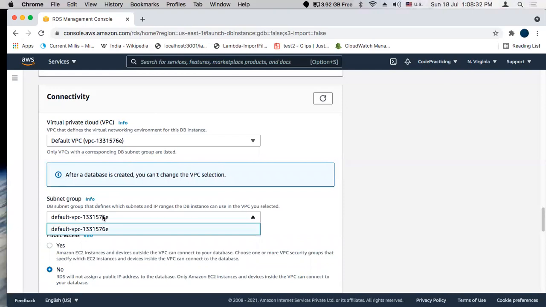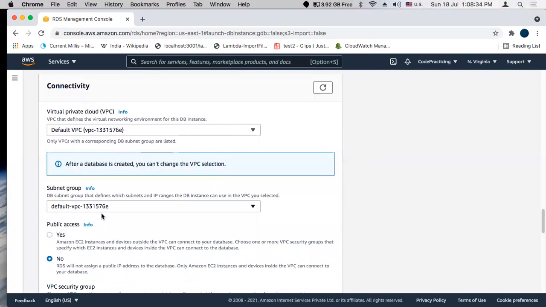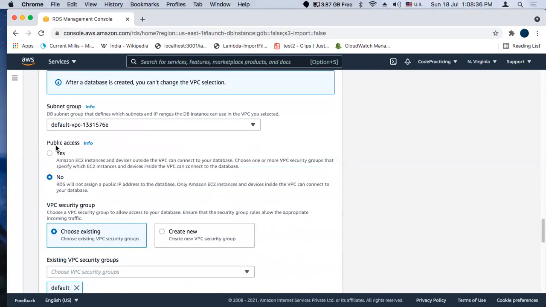Subnet group, we'll leave it with the default. Next is public access. This part is important. It gives the option of yes and no for public access. If you want to access your database from your local computer, you have to choose yes for public access. This will allocate an IP address to our database instance so that we can directly connect to our database from